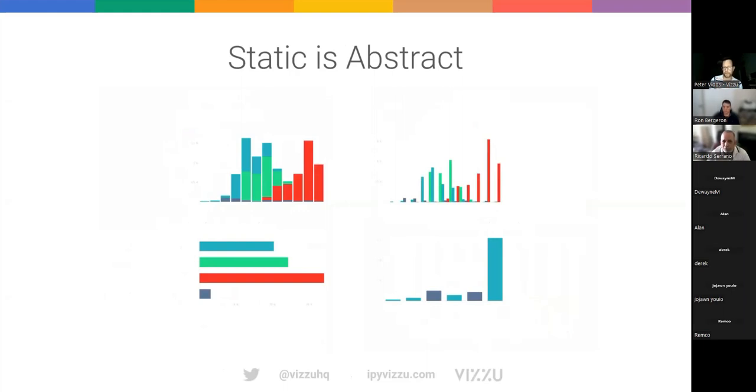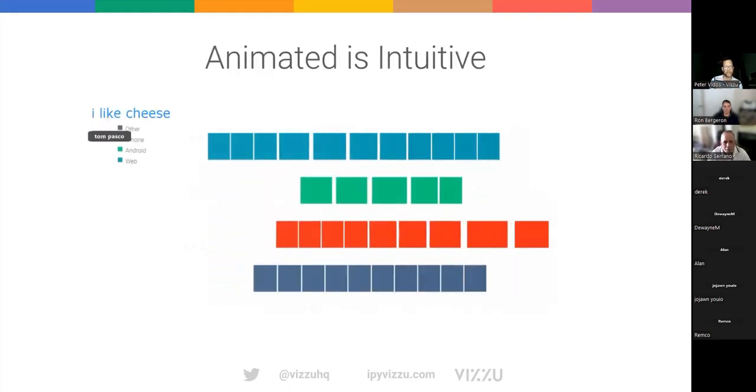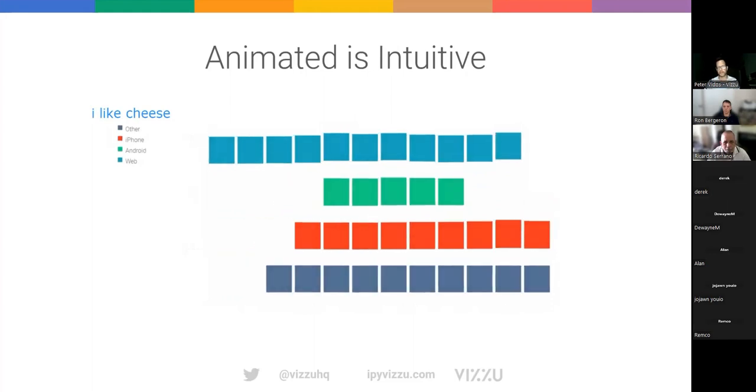I think the most straightforward is that static charts are abstract, and whenever you show views of the same data set with static charts, your audience has to make the connection between these charts within their heads, and they have to understand these relationships between the views one by one. So, for example, we're looking at charts based on the same data set, but for someone who's not as experienced as yourself, it can be quite challenging to understand what exactly we are looking at. But if I connect these views via animation, then it becomes pretty straightforward.